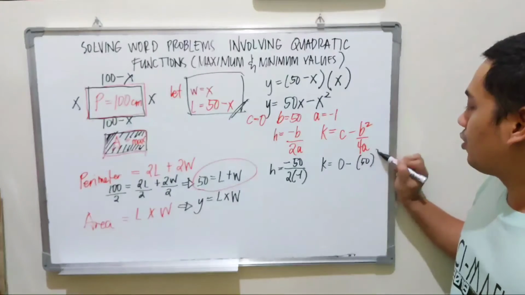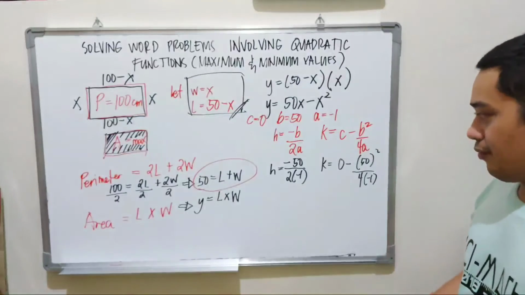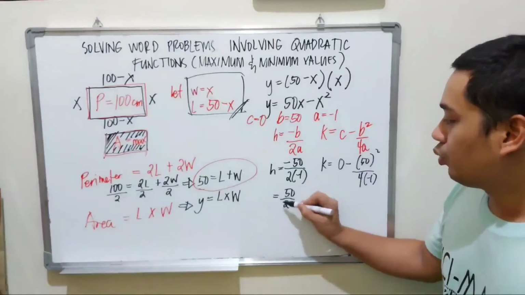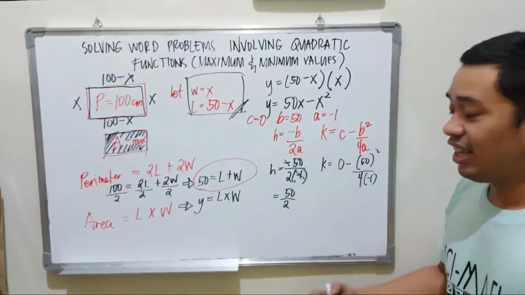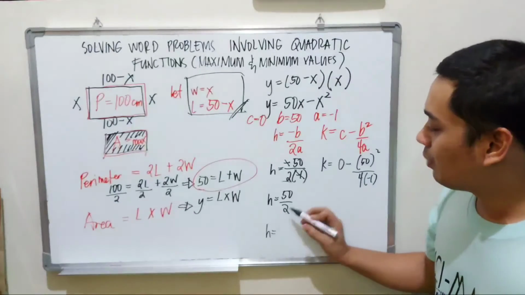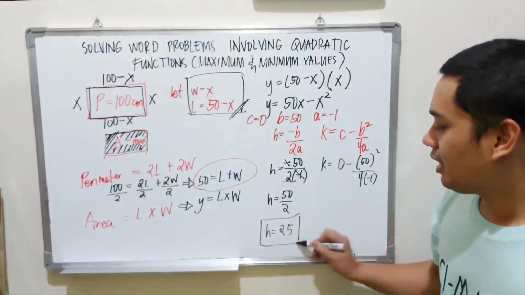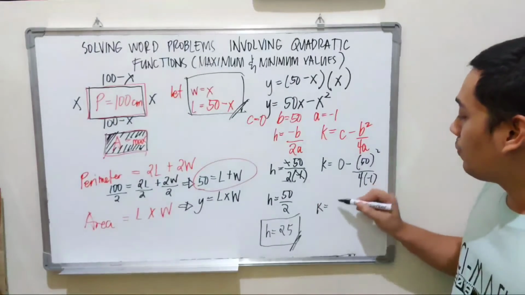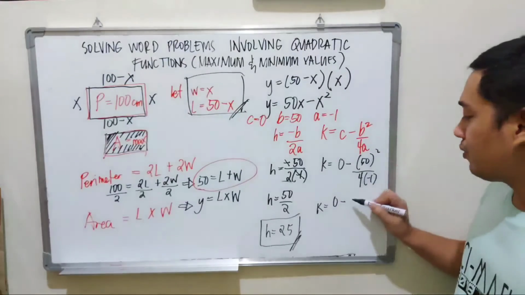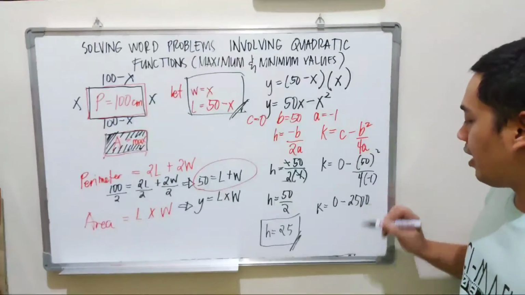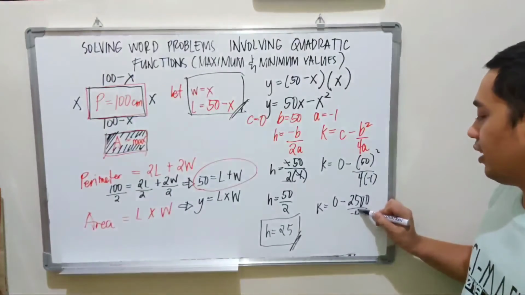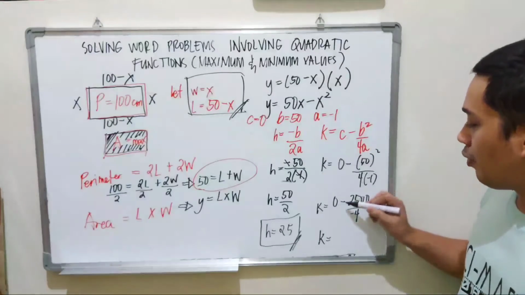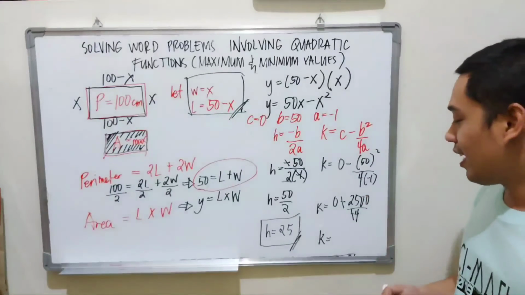Minus 50 squared over 4 negative 1. Then we have 50 over 2, since we can cancel out the negative sign already, or we can simply say it is equal to 25. Now, for the value of k, we have k is equal to 0 minus 50 times 50. We have 2,500 all over negative 4. Then k is equal to 2,500 divided by 4. Cancel out the negative sign,